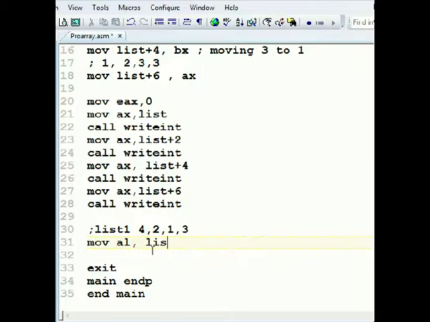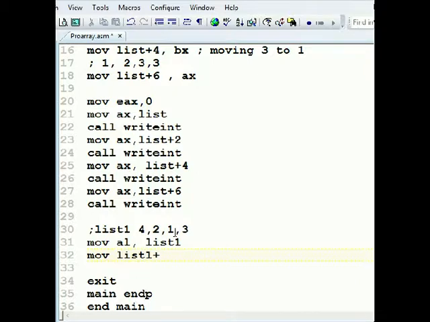list 1. I'm just saving the 4. Now I want to move the 1. Move the list. This is 0, 1, 2. List 1 plus 2. I want to move it to BX. And now I'll move BX to